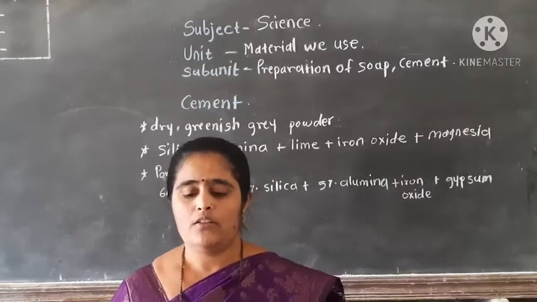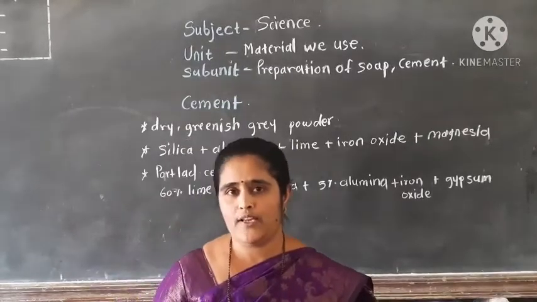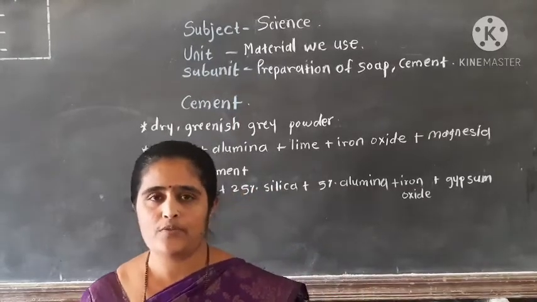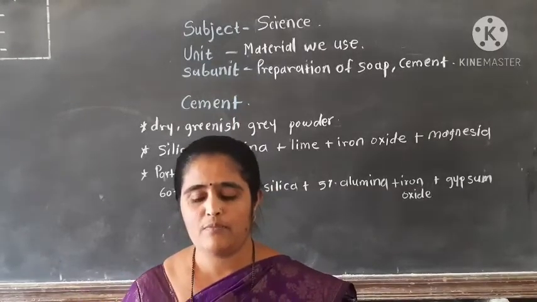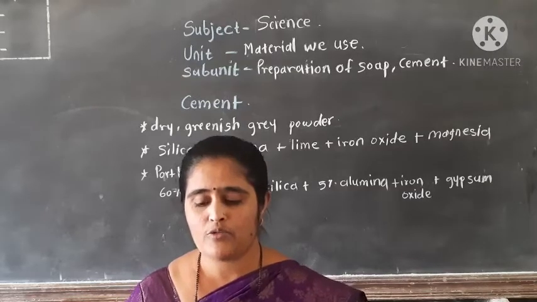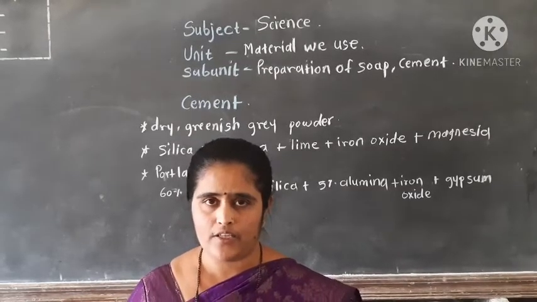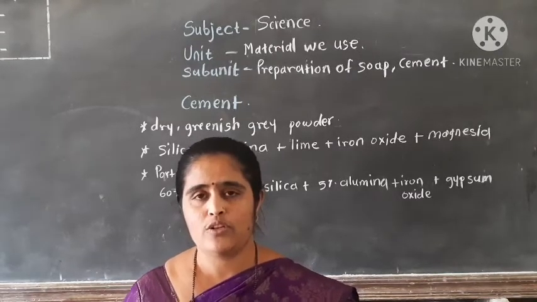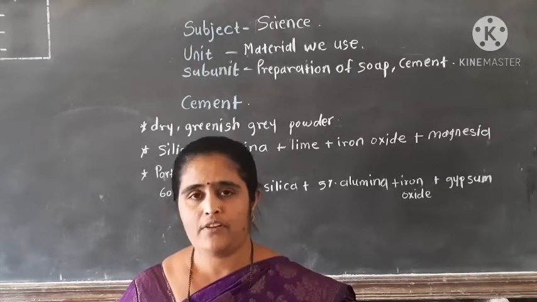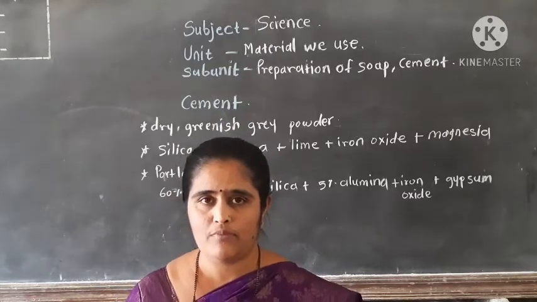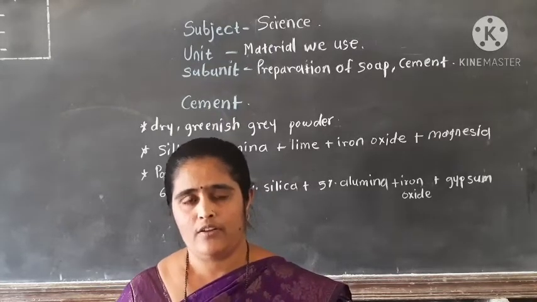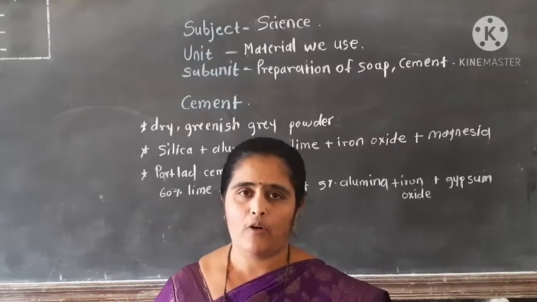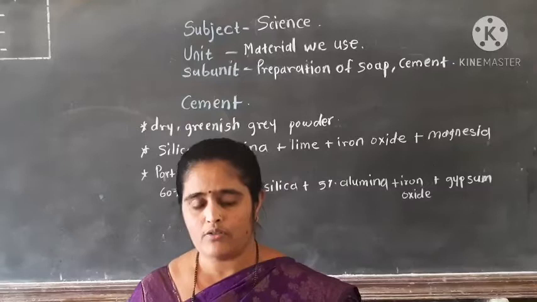Dear students, this is today's important point. Today we discuss how soap is prepared. Soap is mainly an alkali combined with a fatty acid to form a salt. So chemically, soap is nothing but the sodium or potassium salt of a fatty acid. After that we discussed cement production and concrete, and also the chemicals present in cement and concrete and their different roles.